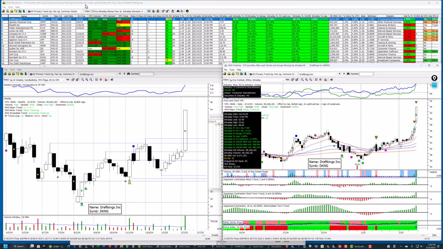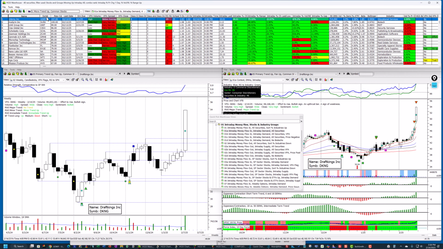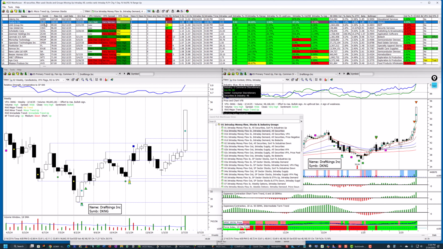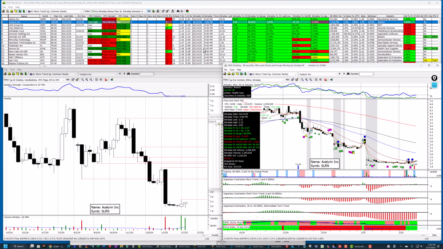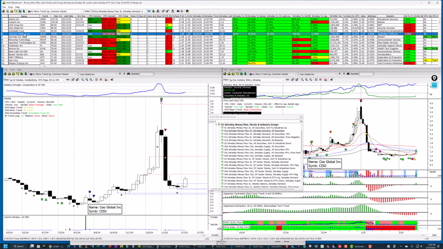So by sticking to a group that's created every night with the update, any of these groups, if you're looking for stocks that are just starting to move, microtrend, you can see that there's Udemy in here. I already looked at that. Let's look at this one here. This is the crossover 3 days ago. Cheap stock, but you get what I'm